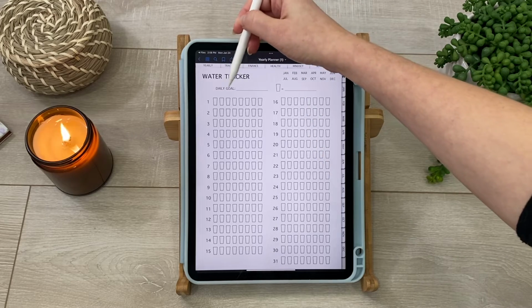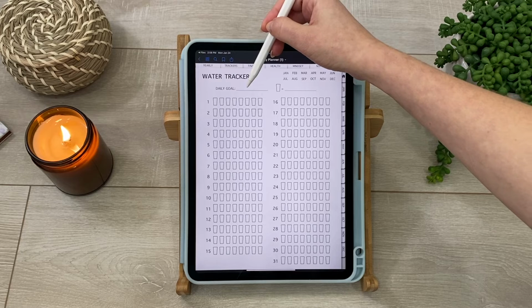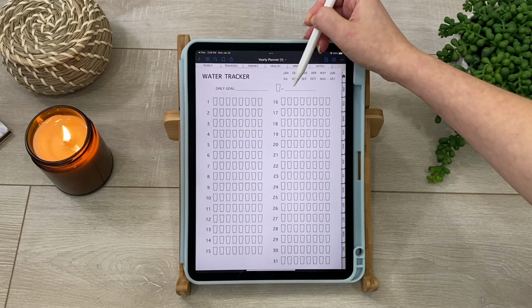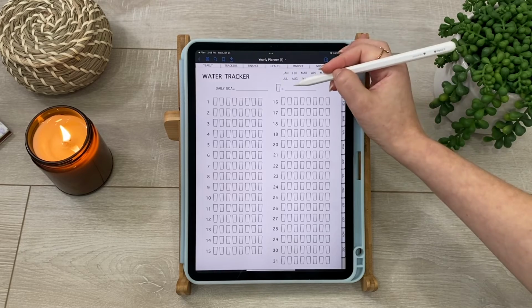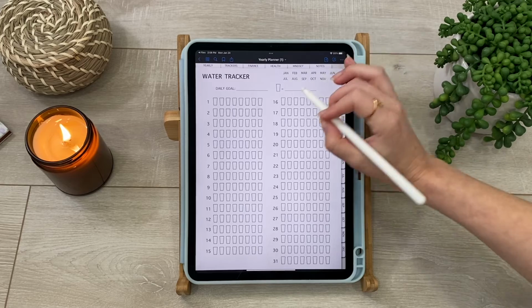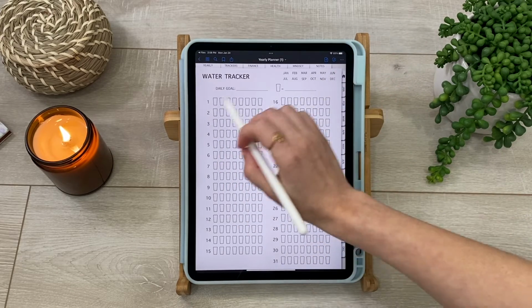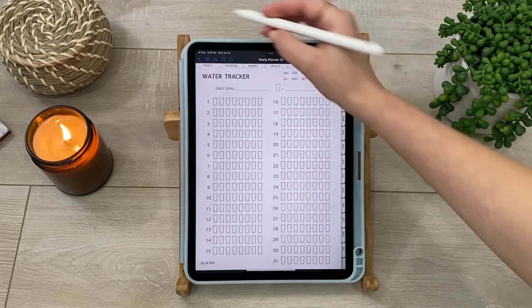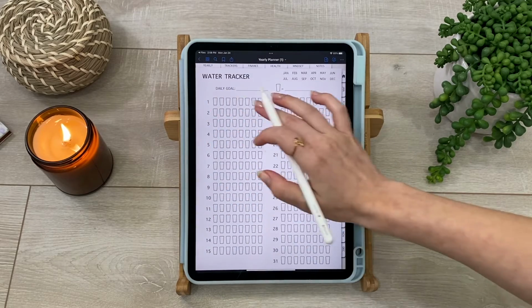You can set yourself a daily goal. Let's say your daily goal is like 8 cups. So then you would just specify here what a cup is equal to, I don't know how many milliliters or ounces or whatever you want that to equal. And then each day of the month, you would just track, color in the little cups of how much water